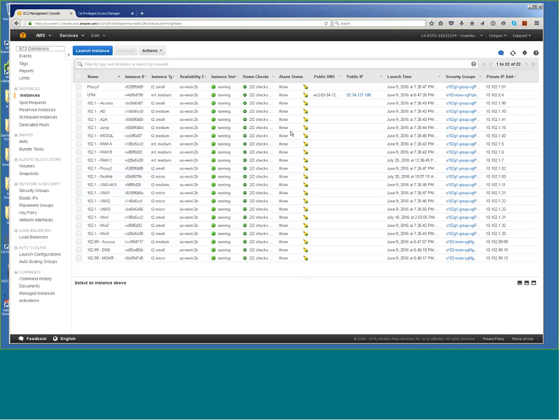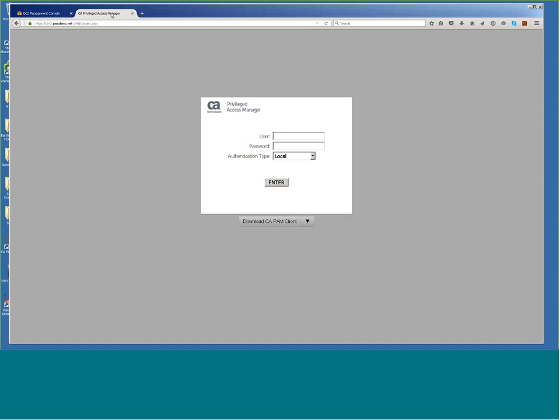So I'm going to do everything from the browser here. You can access CAPM via the browser. We do also have a client. It was a feature request that we added last year. It's an executable, or you could do an install, so you have it on the machine itself. But one of the things that I really liked about CAPM is that you don't have to push out software to the user's machine to get into the environment, to get into CAPM.